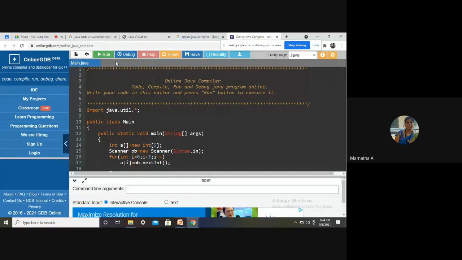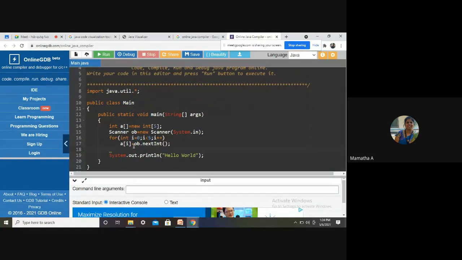Right? So what will this do? It will read how many values from the user? 5 values, and they will be stored in the array with index 0 to 4. Now, I have to print it again, so again I should use a for loop. Again the same thing, Control V, I'll do it.